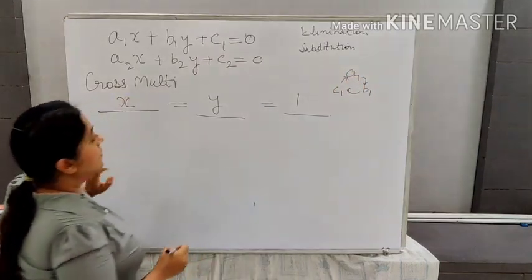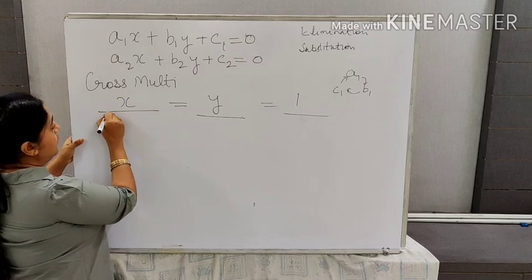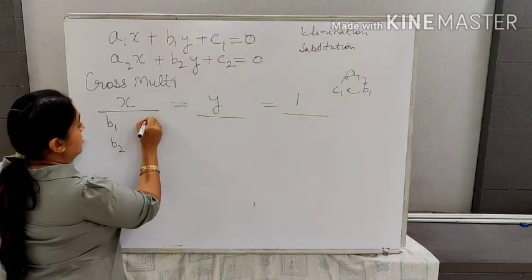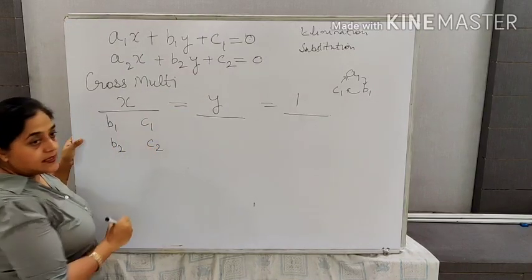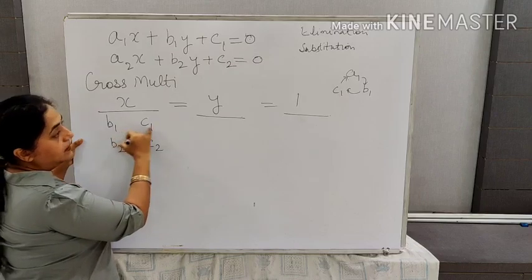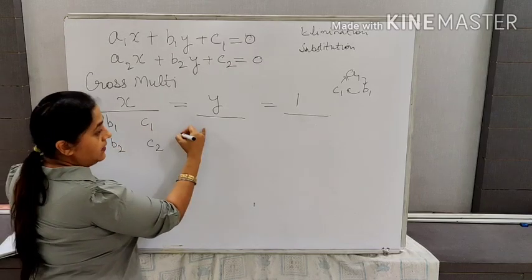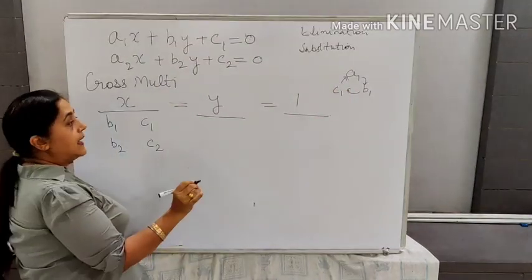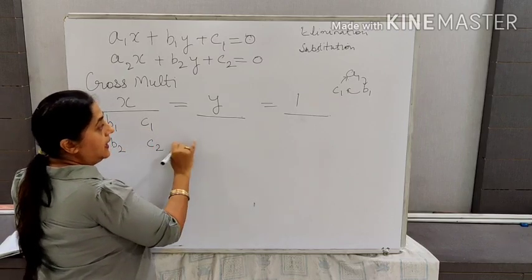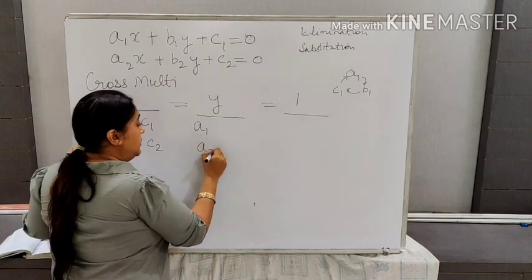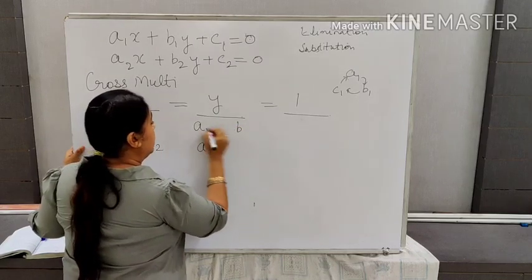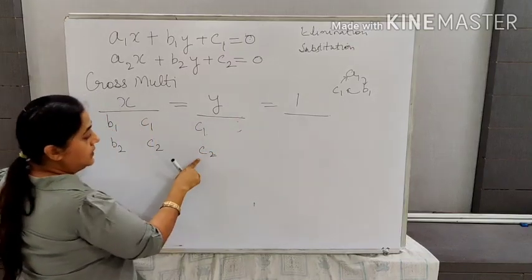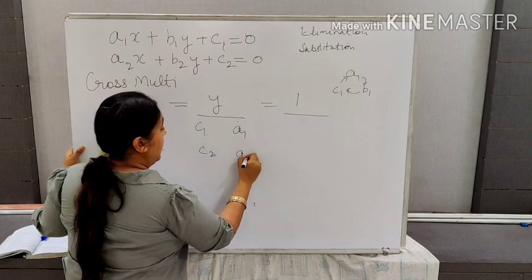They all are going in a cyclic order. See, when I have the x here, I will skip the coefficient of x and I will write the coefficients of y here, B1, B2. And then I will write C1, C2. Right? Now, after B always comes C. And after C, since A, B, C are cyclic in nature, what do we have to write? A. So here I will write C1, C2 first, and then I will write A1, A2.